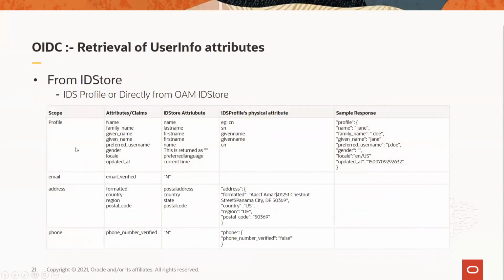Seeing forward, what does a profile contain? It contains the end user attributes, and we see a typical sample response here of various things being presented as part of the attributes and claims. These are actually mapped against the physical attributes in the ID store, as part of the IDP in the LDAP. These are the various parameters like address, email, or phone, which are all part of the user info profile, which are mapped against the IDS profile behind, mapped to the attribute you are trying to get through the ID token.